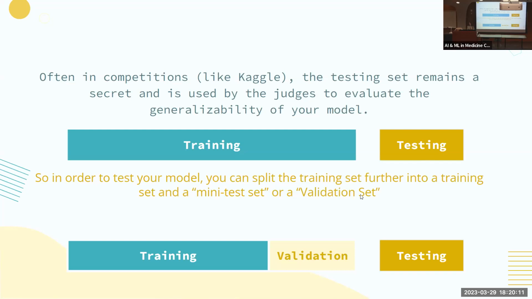One example: if you've ever looked at competitions like Kaggle and hackathons, they never reveal the testing set to you. They'll just give you a set of data and then you have to split it yourself. So that's an example of when you'd use that validation set. You would take the whole data and divide it, let's say 80-20. The 20% is the validation set where you tune your hyperparameters, and then you test it on the testing set that you don't have access to, that only Kaggle has access to.